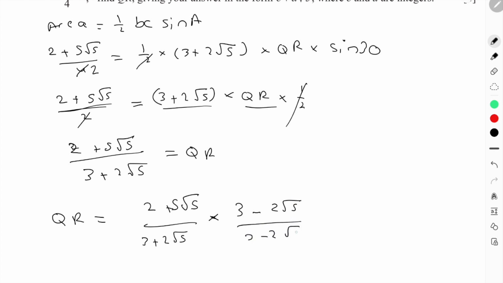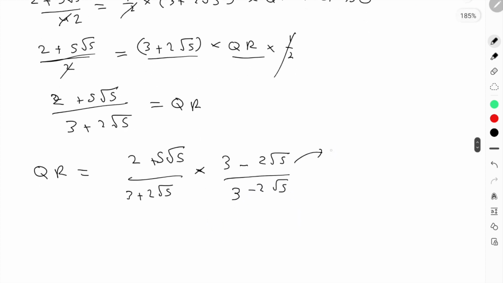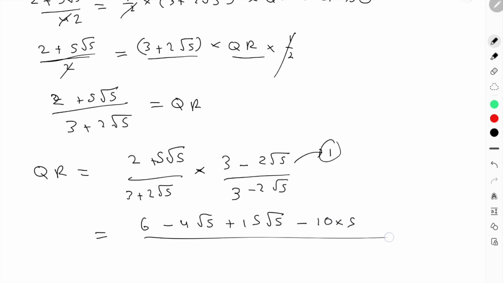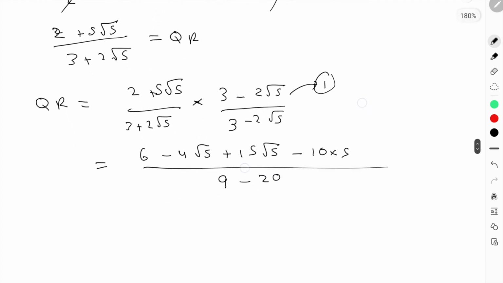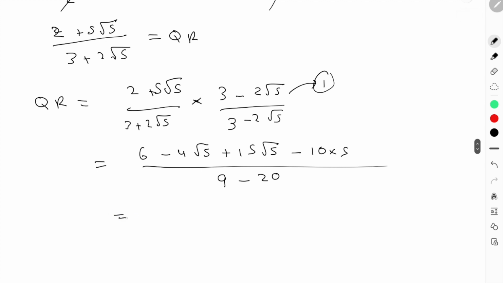So this is basically 1, because when you multiply by something and divide by the same thing, you get 1. So we can do this. And then you just multiply it. So 6 minus 4 root 5 plus 15 root 5 minus, that's 10 into 5. And now we'll just use a squared minus b squared. So that's 9 minus 4 into 5. That's 20. And then we have